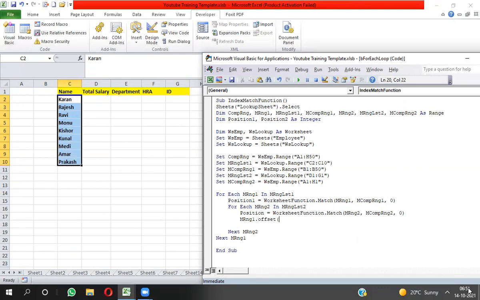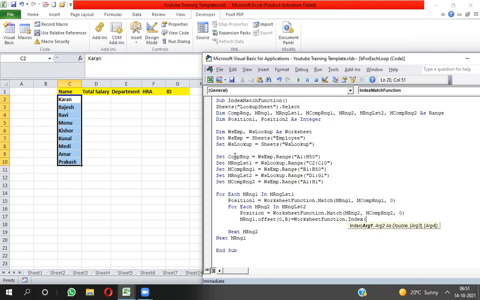And 0 comma, here I'm taking one more variable to move into a different column. So I will have to use here r variable equal to, what value I need to take, I need to take the value of the index function, worksheet function dot index bracket, and here I will take the complete range.